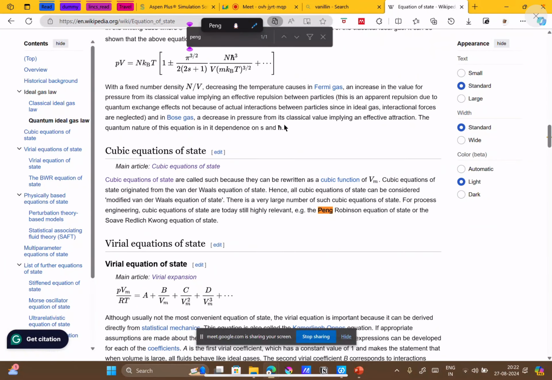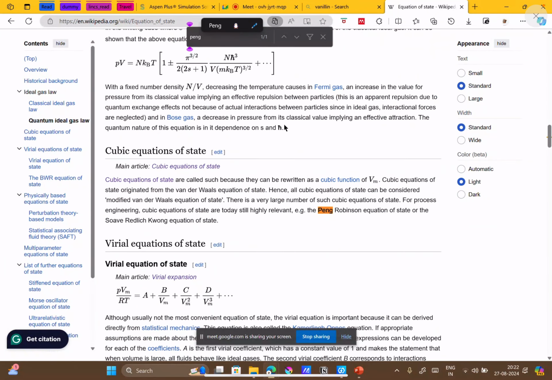Here you can see each of these has some constants associated with it, this A0, B0, and how these constants are calculated based on your TCPC values.